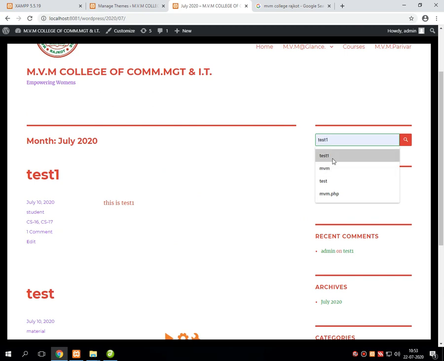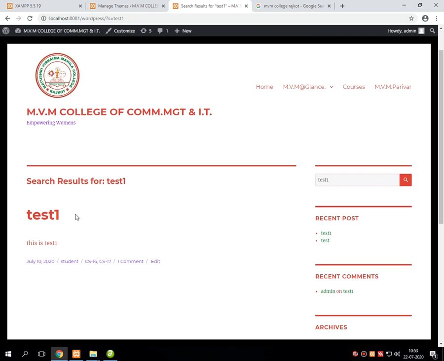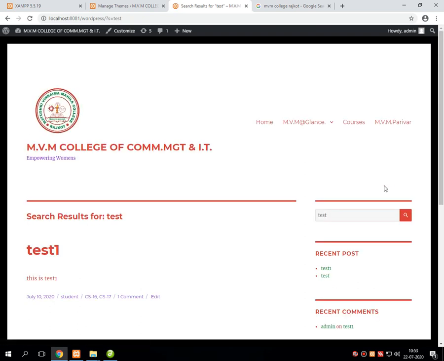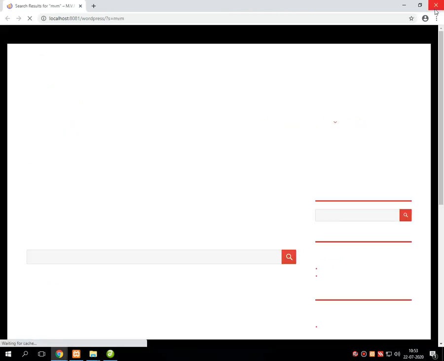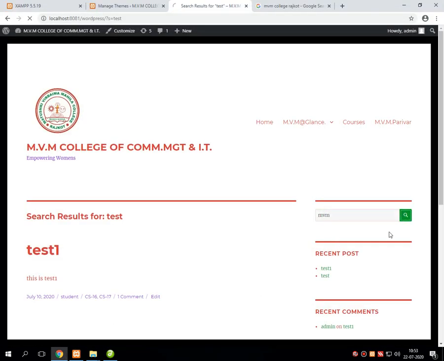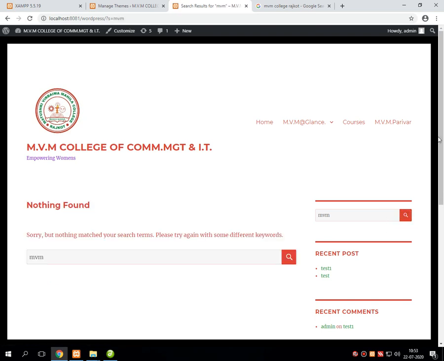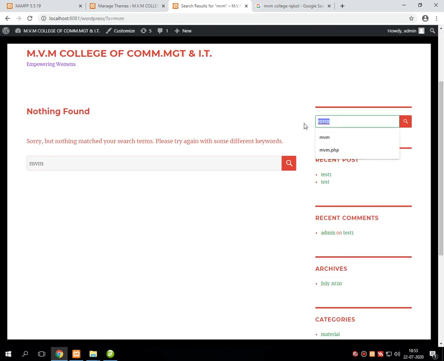For example, suppose here I am writing test1.php, and here I am writing MVM.